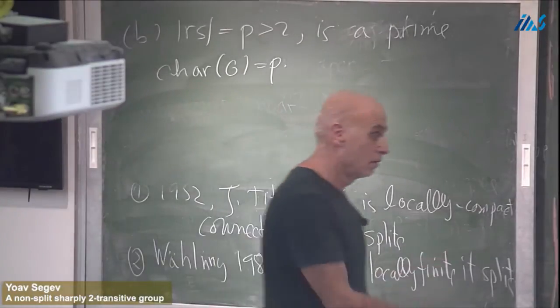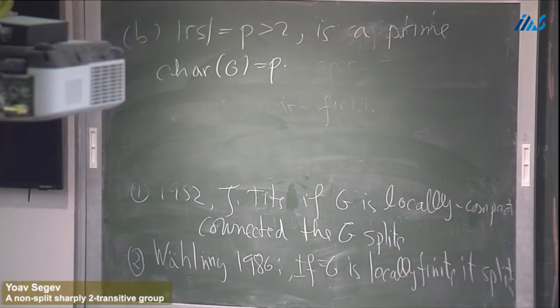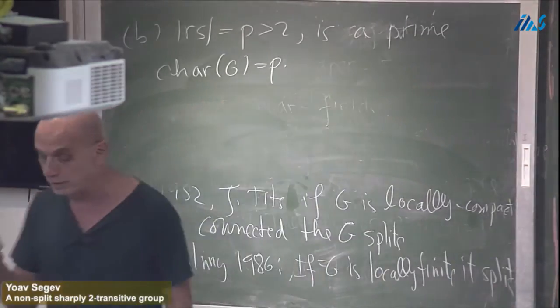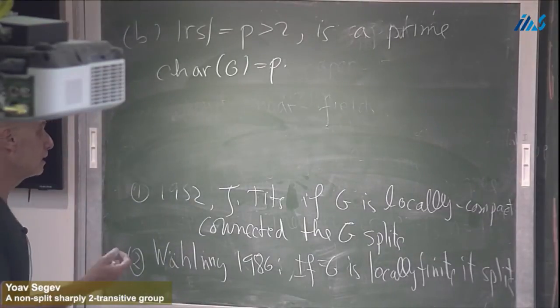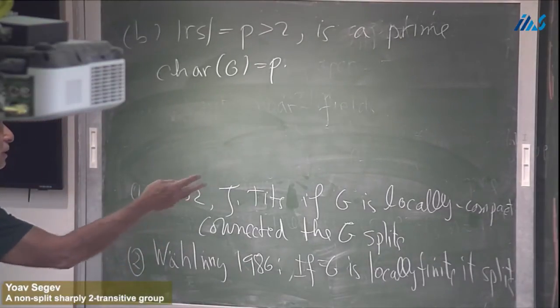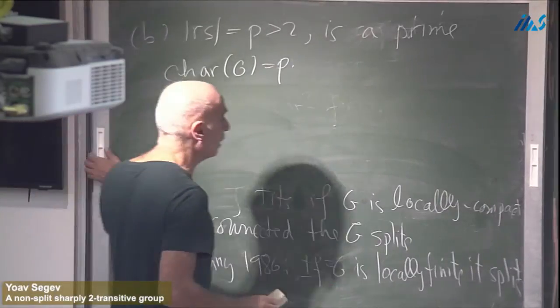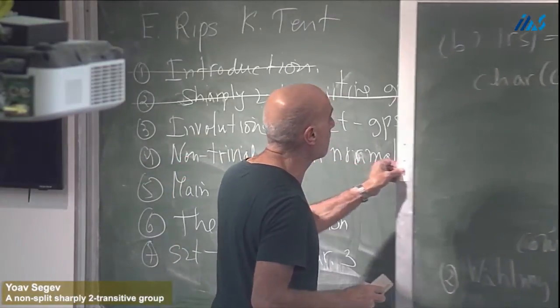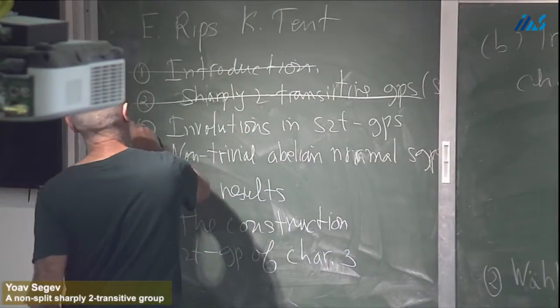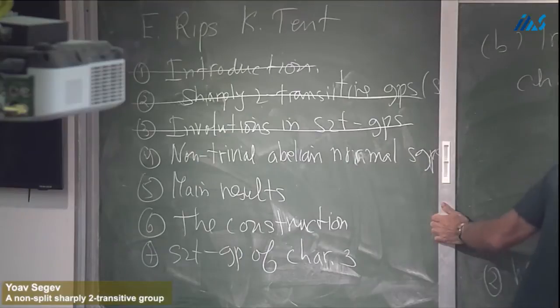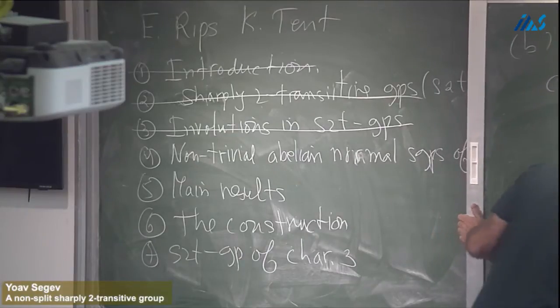Either they fix no point, characteristic 2, or they fix a point, then the set of products of any two involutions, which is not one, is a conjugacy class, and the order must be either infinite or a prime. And I'm done with part 3. And part 4 is a short part. I want to say something about